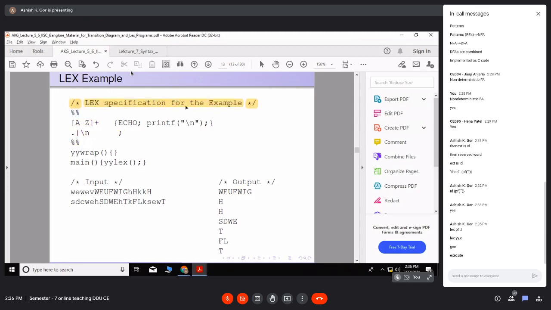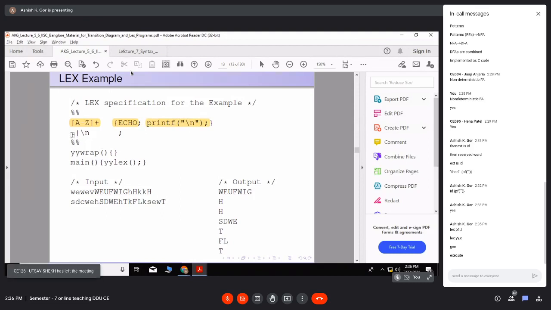Whenever you recognize any sequence of one or more occurrences of capital A to Z, what you do is just ECHO. ECHO is just going to print the matching string. Whatever A to Z plus matches will be echoed to you. Then you are going to print slash n.